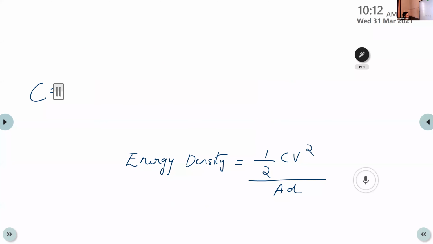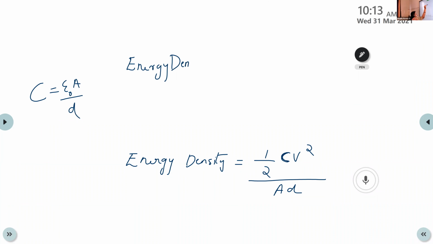C is equal to the capacitance of a parallel plate capacitor if the medium of separation between them is air. C is equal to epsilon 0 A divided by D. So instead of this C, we can write that substitution here, because here we are considering a capacitor separated by a distance of D, and the medium of separation between them is air. So the energy density becomes